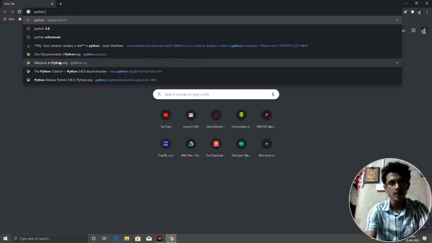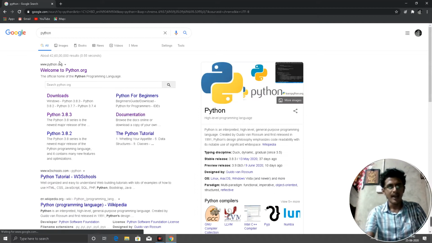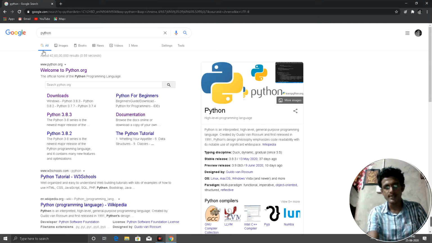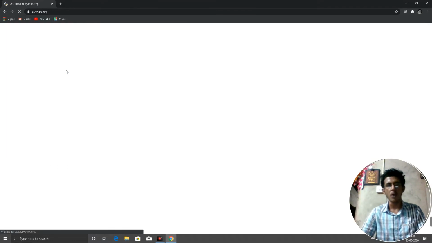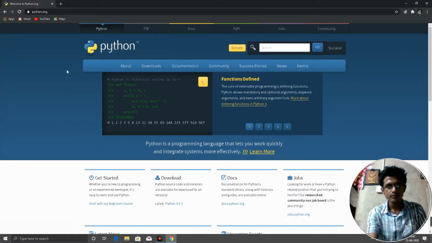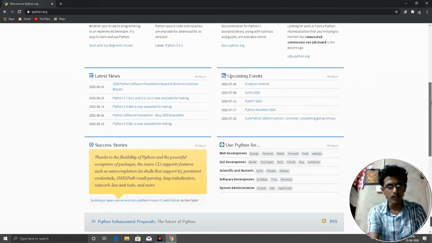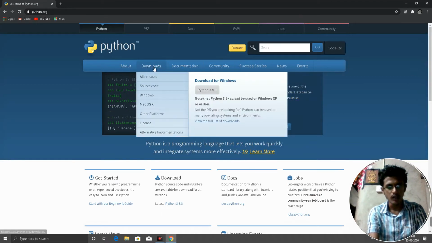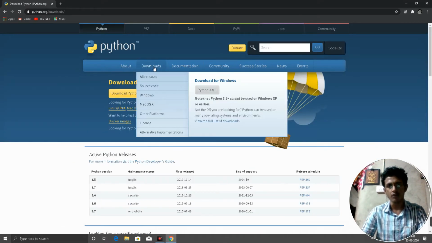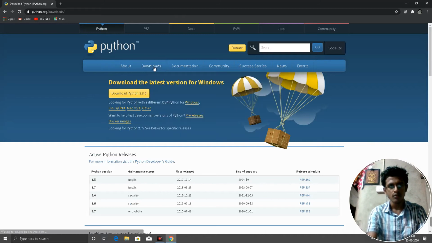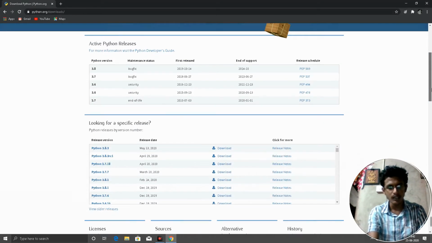Just search for Python, and here the first website is www.python.org. This is the official website. Go to this official website, and here go to the downloads section. Click on this downloads. It will take you to the downloads section, and here